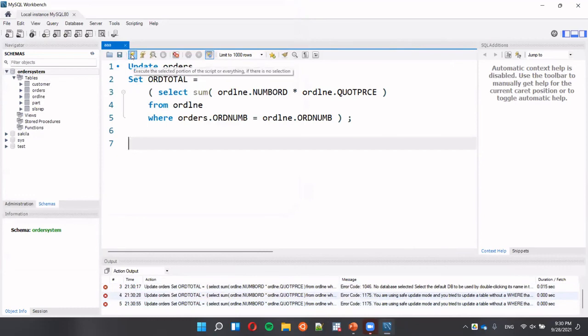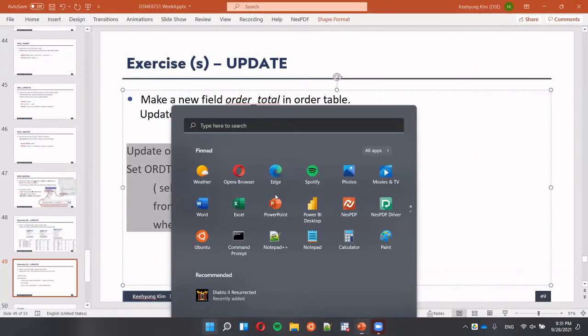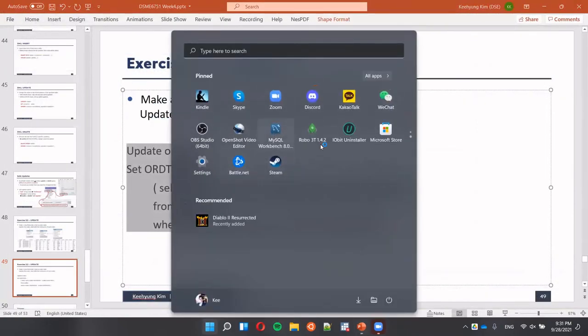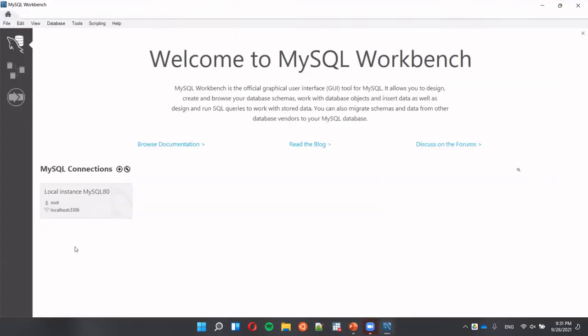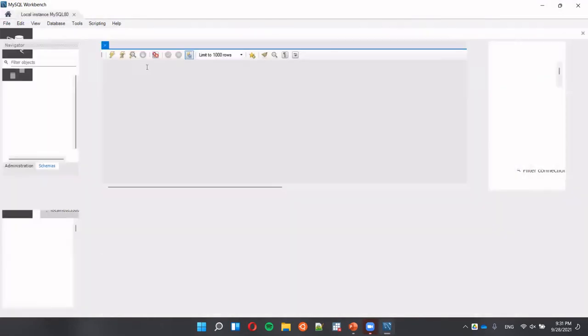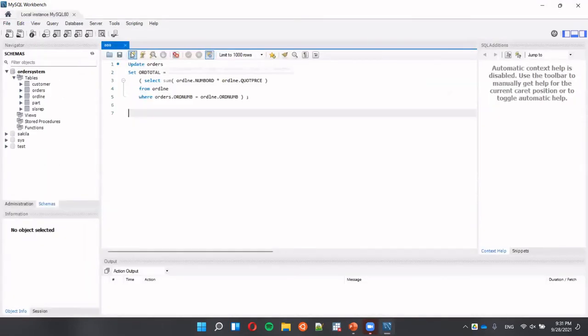Let me try again. I saved it. Okay, let me restart this. I think probably it's because of that. So sometimes after changing settings like that, you have to restart it. So let me try again. Oh, so now it worked. Okay. So it says that. So if it works,